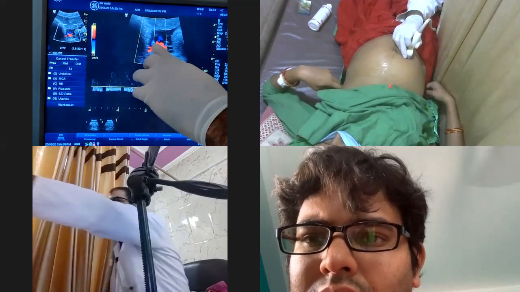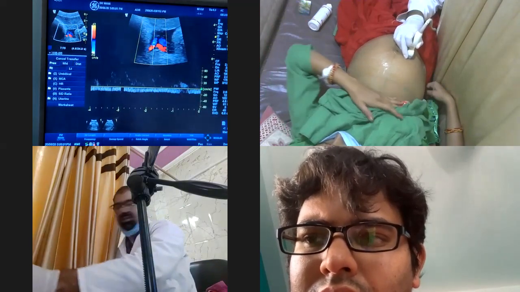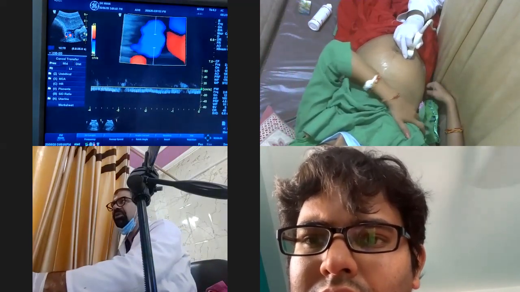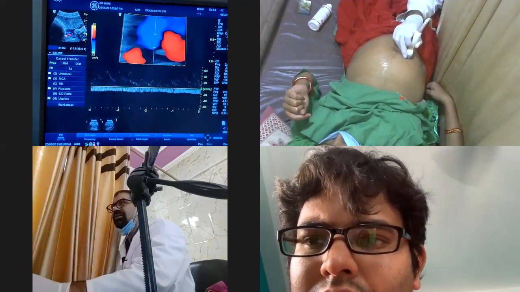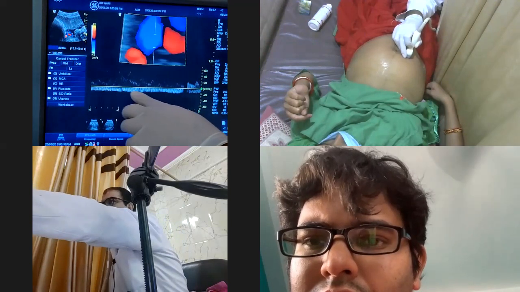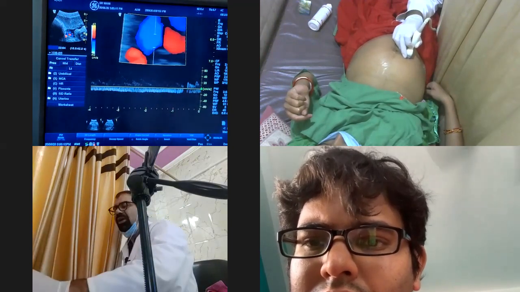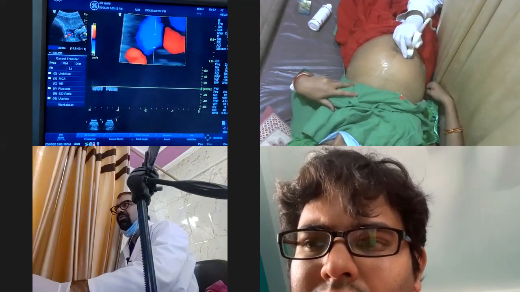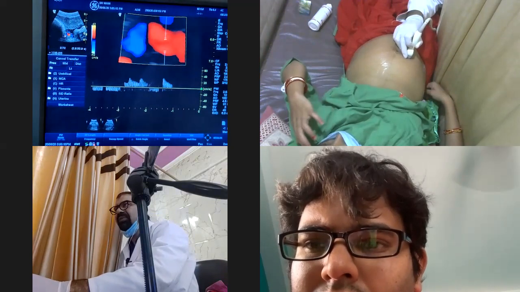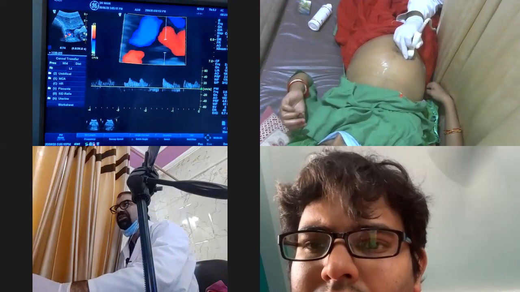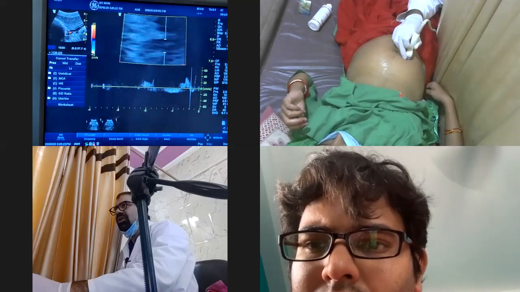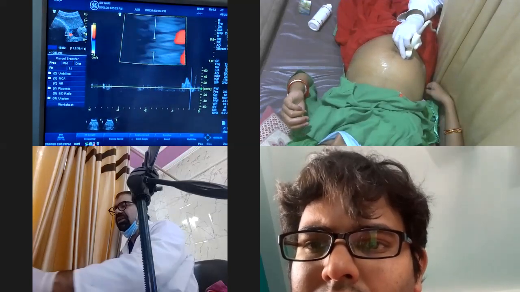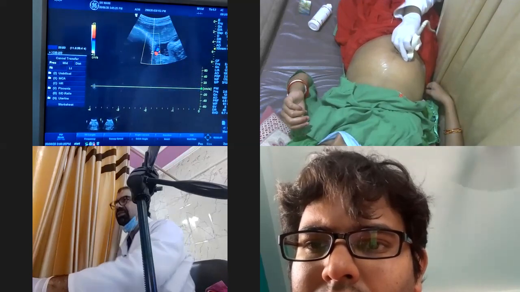So this is the gate. This is the gate over here. This gate has to be put. Now I'm zooming onto the gate. This gate has to be put onto the vessel. Now this is the umbilical vein which is over here. Why this is so? We will not discuss that because that will be very lengthy and is already taken in the color Doppler video. So I'm just demonstrating the umbilical artery in this case.